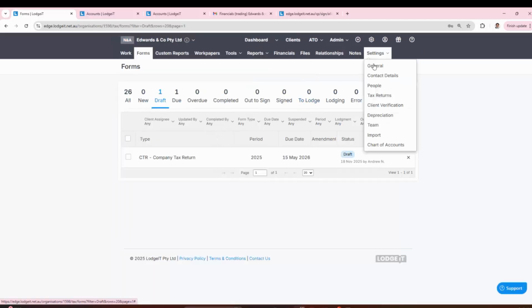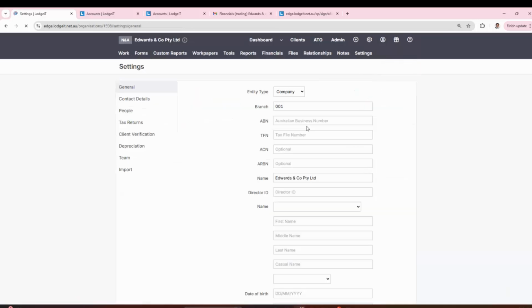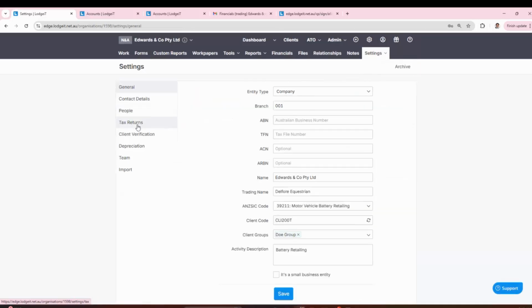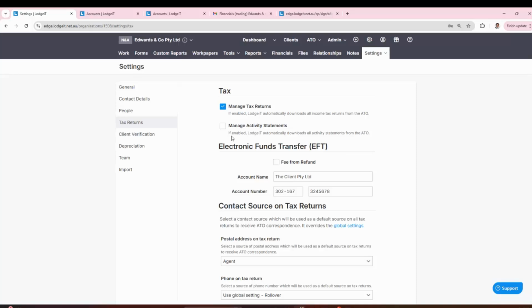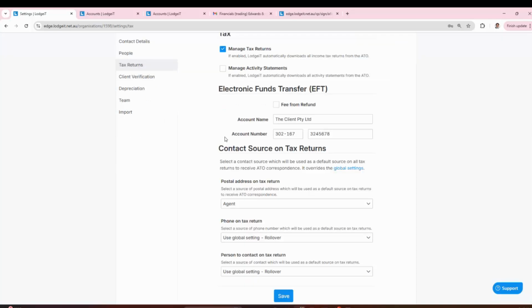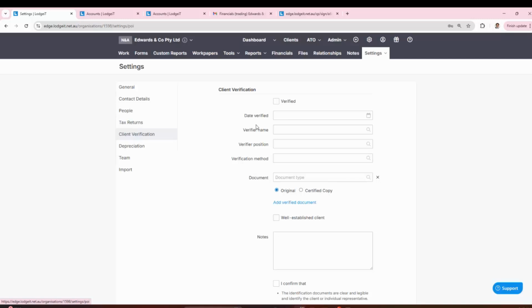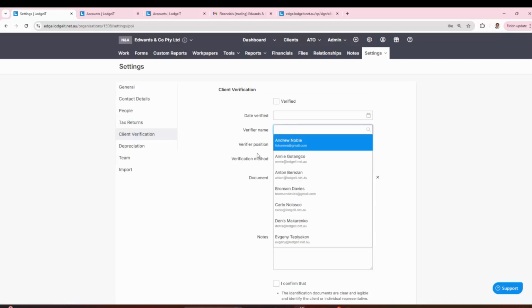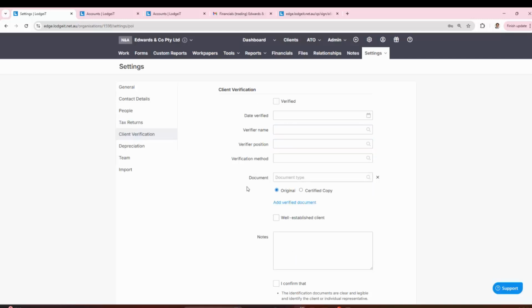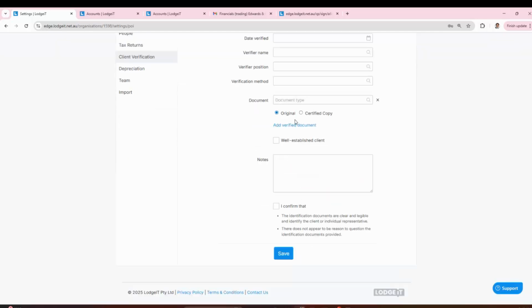So if you're doing activity statements and not setting it up right in terms of saying, yes, I'm going to do the activity statements, you can't expect the forms to dynamically load into the LodgeIT system. Contact details on front covers. If you want to carry out client verification for new clients, you can store the evidence in here with your